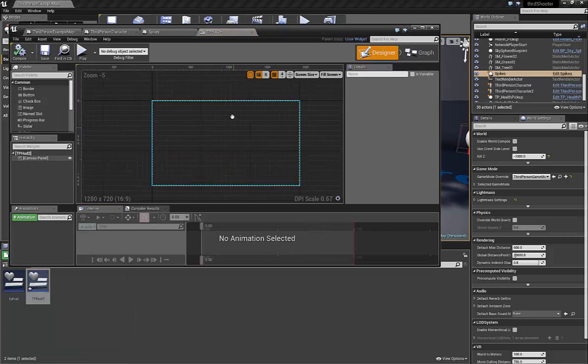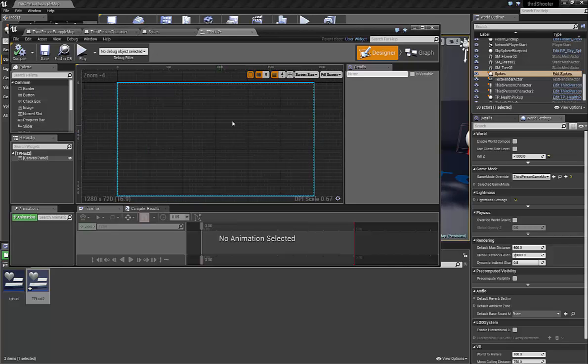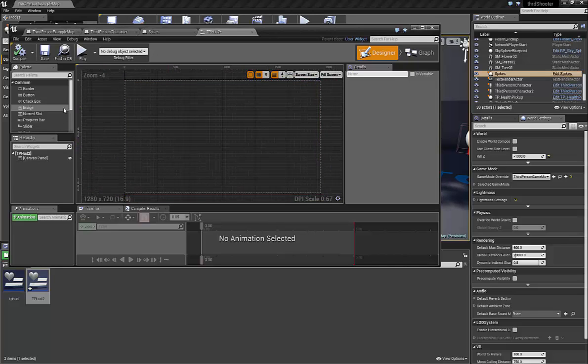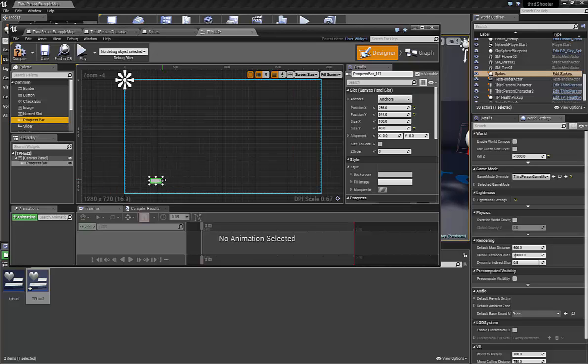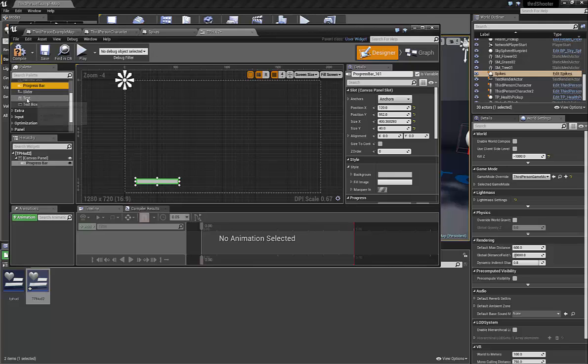This brings us to UMG. I've used UMG a little bit in creating everything, our menus and whatnot. We're going to use a couple different things. One thing we need is the progress bar. I'm going to drag the progress bar down and make it as big as you think it should be in your scene, because this is going to be on your screen at all times, so however big you want it. And then we're going to add a text as